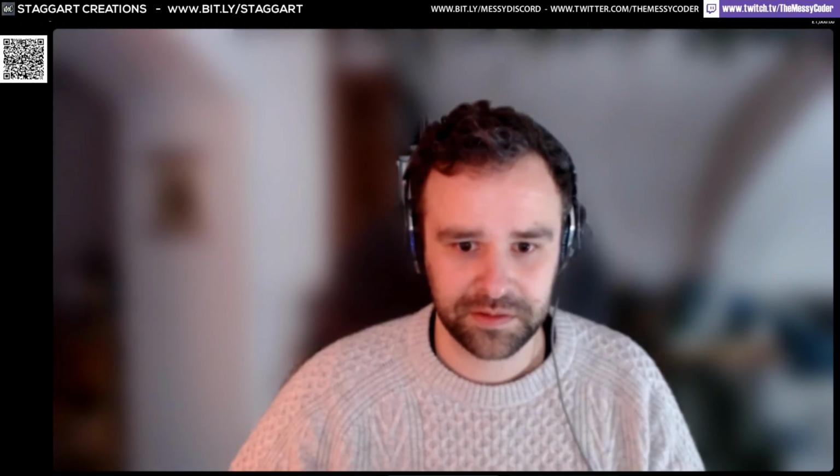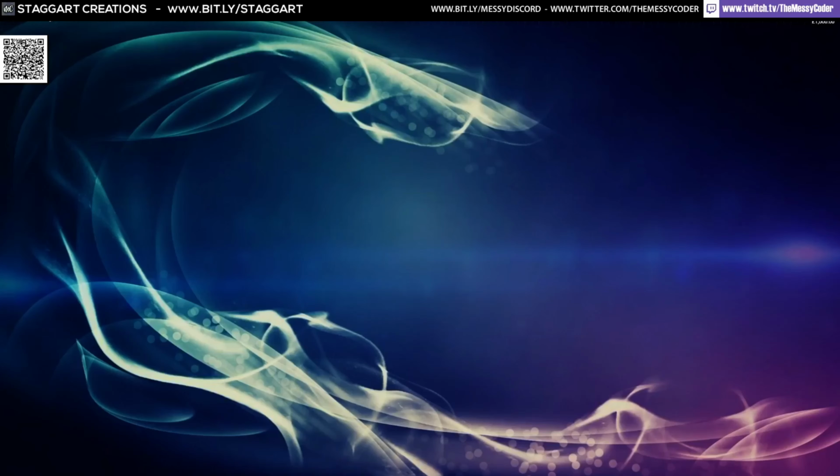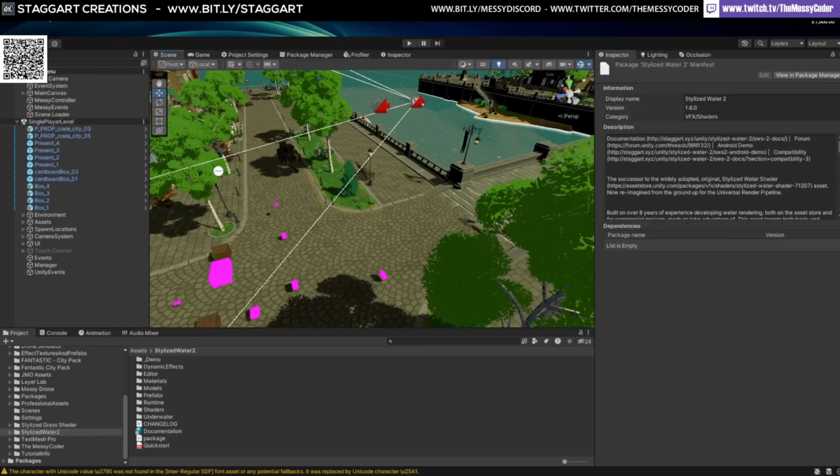Right, do you want me to show you my thing quickly before you go so you can see it? Certainly. You can believe it worked, because I've got a feeling you don't believe that it worked. Also, you know it's in URP because I've got pink boxes. Oh, that's glorious. Now my drones are going to all be pink.